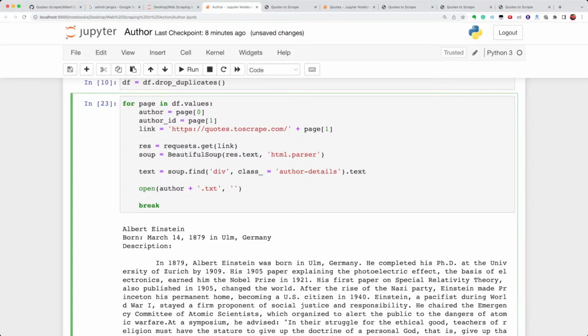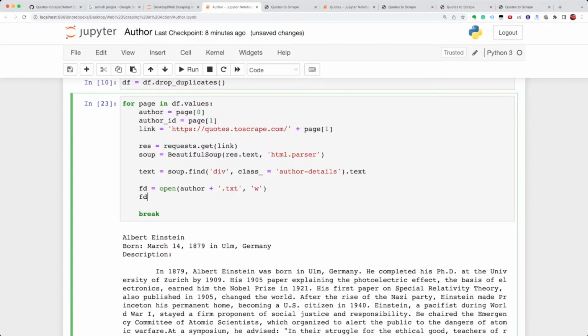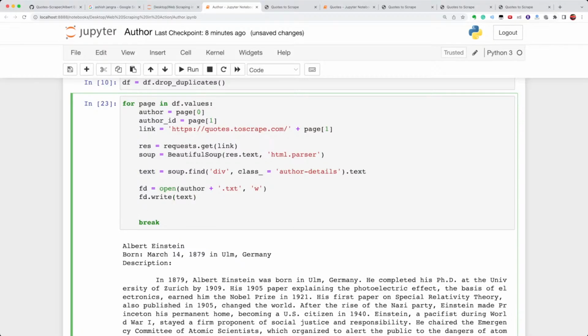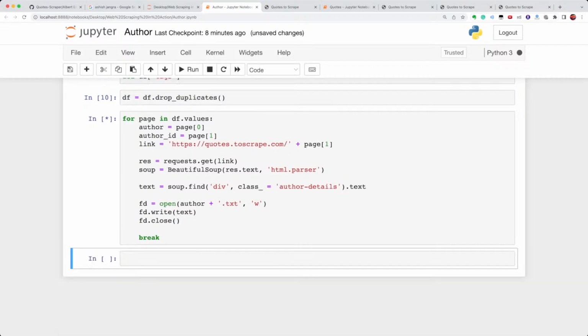I want to open it in write mode. I am creating a file descriptor for it. Simple. After that, I will write the text in it. What should be the text? The text is txt, the text that we have extracted. After that, I'll close the file, fd.close. Simple. But the problem here is if I execute it directly, it has extracted the page named